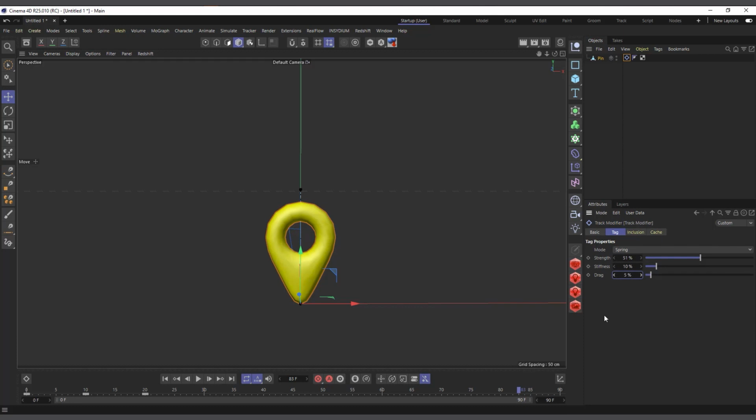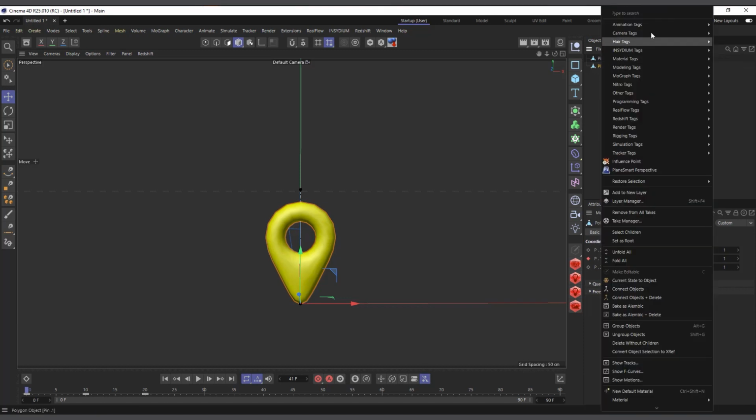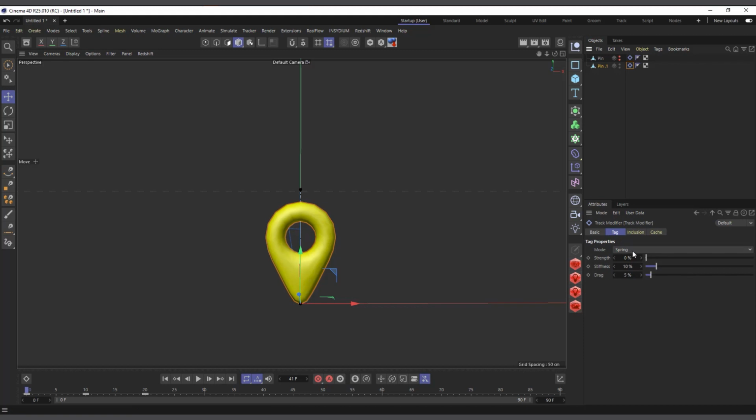So now let's go to the next mode. With that, I'll duplicate this pin. I'll actually delete it so we start afresh for us to see, and I'll hide this one. So now we have this particular pin which also has the same animation, but this time I've deleted the track modifier we added earlier, so we can apply it again. I'll right click, come to animation tag, track modifier, and we change the mode from spring to posterization.